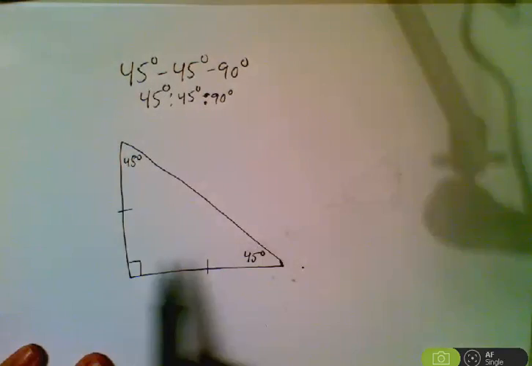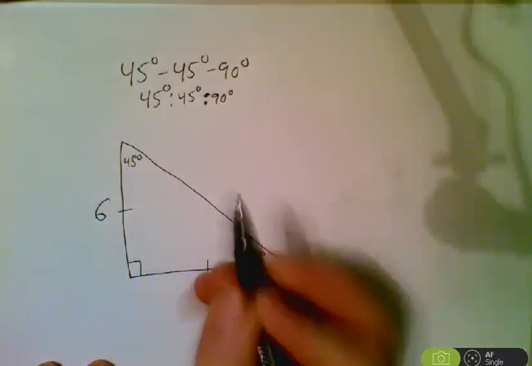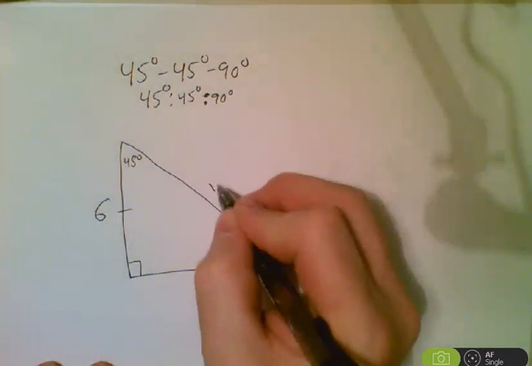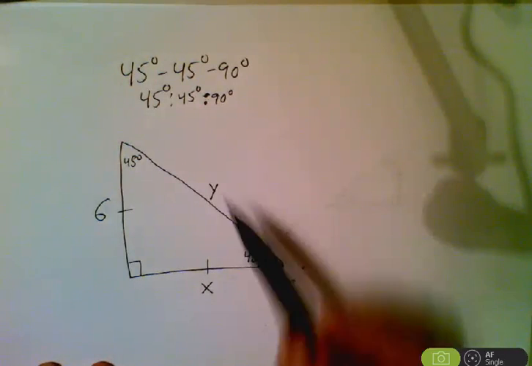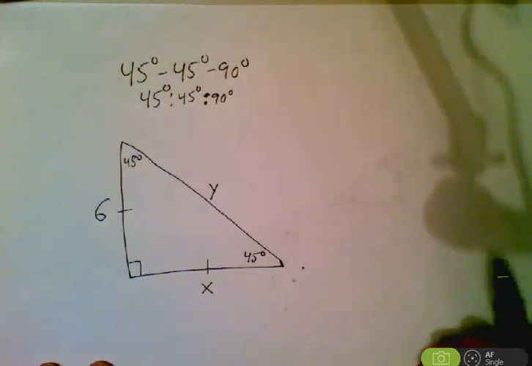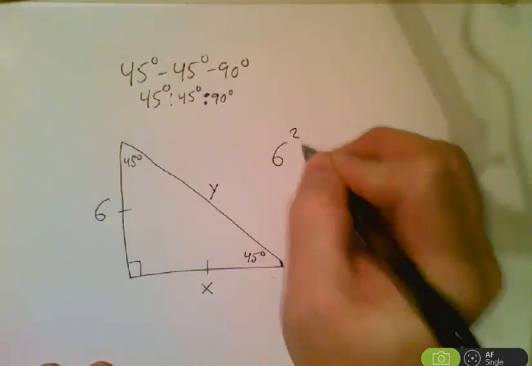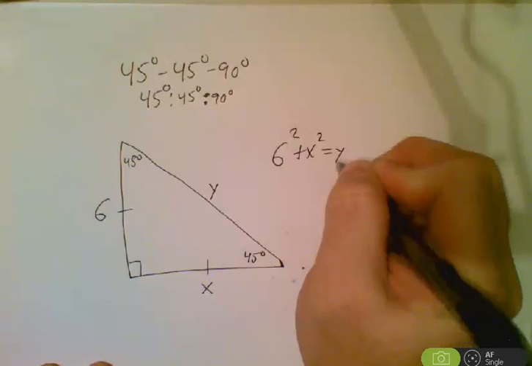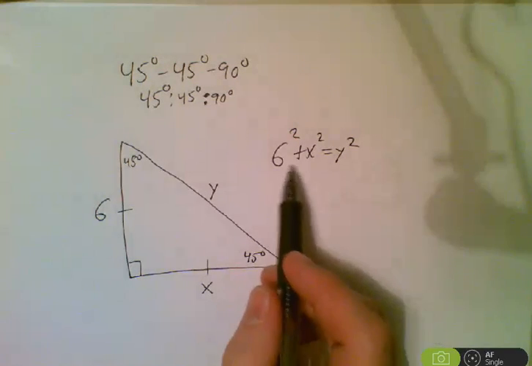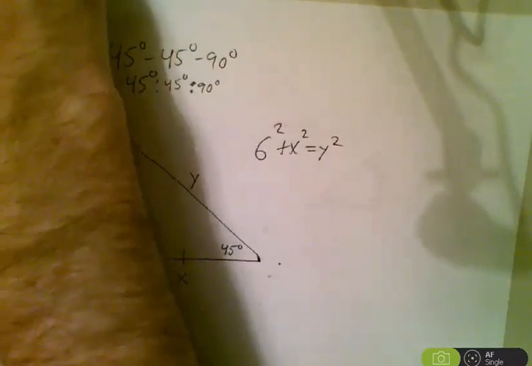And what we said was, if I give you one of these legs, suppose I give you, this is, say, 6, right? Could you find me this leg, and could you find me this piece? And this piece, of course, would be the hypotenuse. So in class, what we did was I had you do the only method we knew how. We used Pythagorean theorem. So I saw a lot of people do this, which is a great start. You knew that leg squared plus leg squared equaled hypotenuse squared,